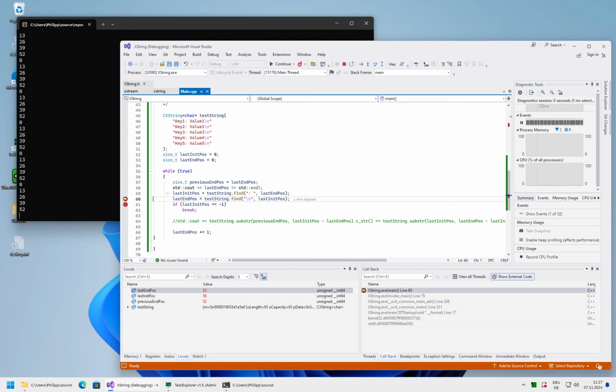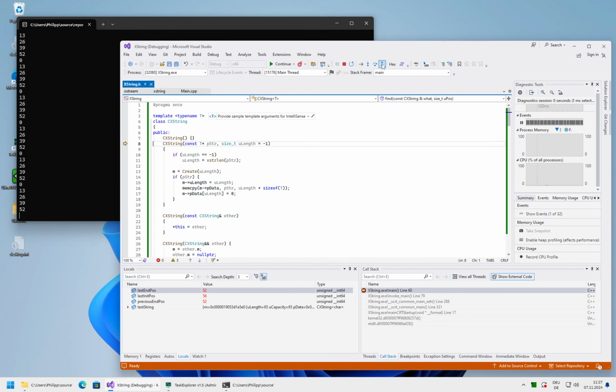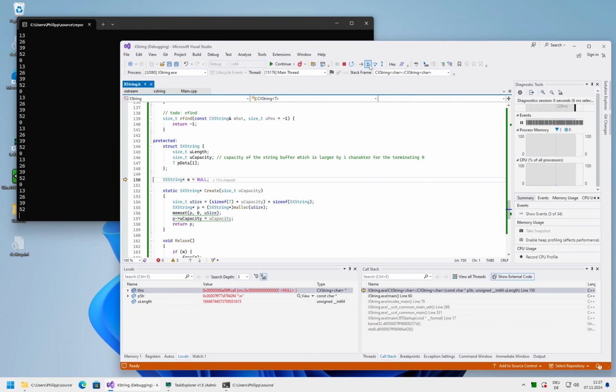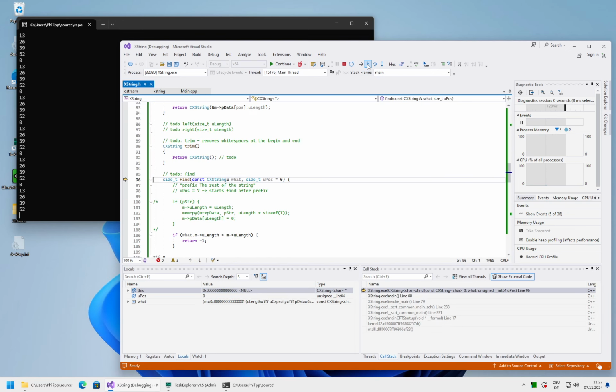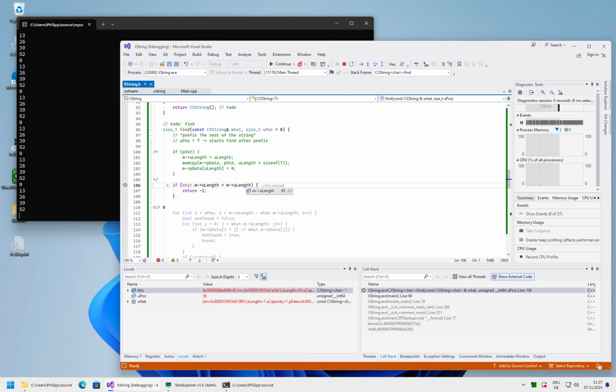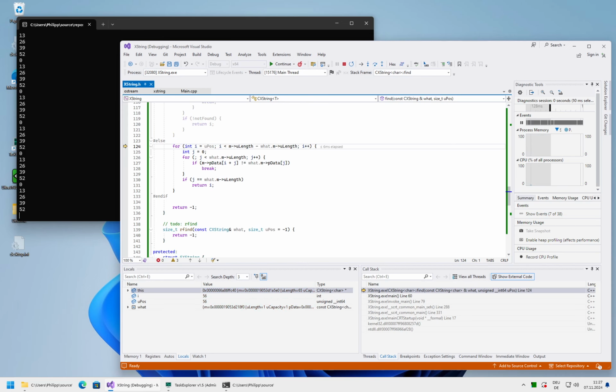Okay. I have the 52. Seems there is something wrong with this. So we have length is 1, length is 56, this is fine. Now we start at position. We compare.